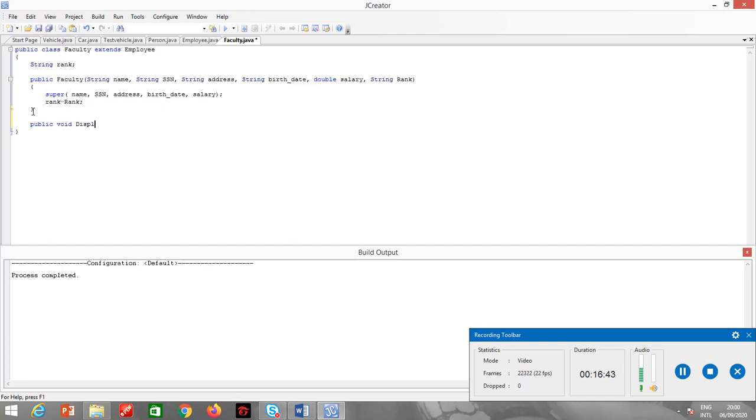Public void display, system.out.println. The name is plus name. I'll copy because I have to just print it. So I have to display 6 variables.